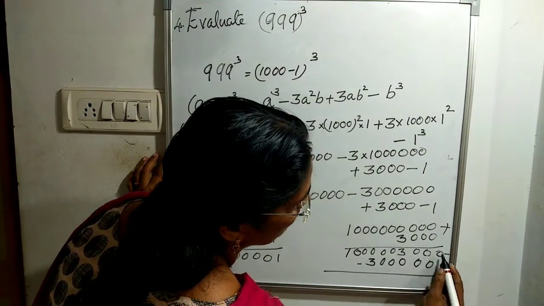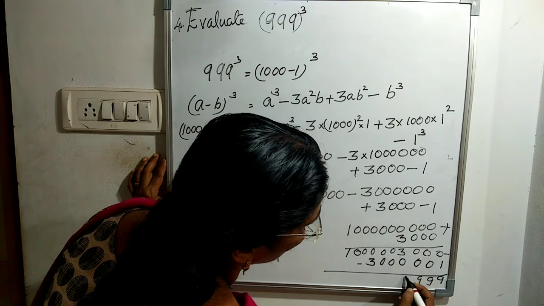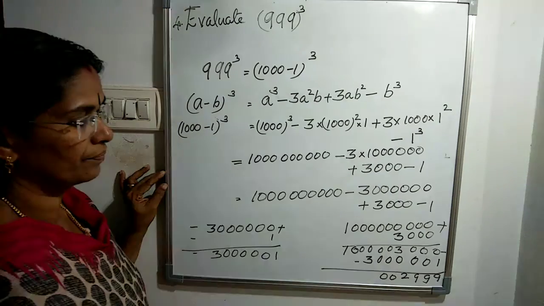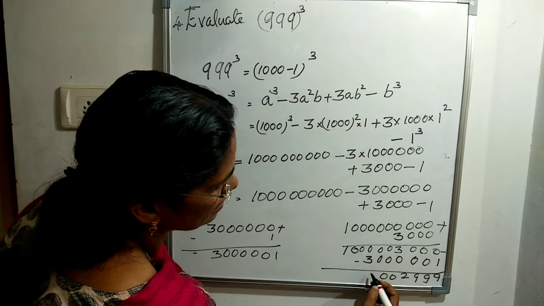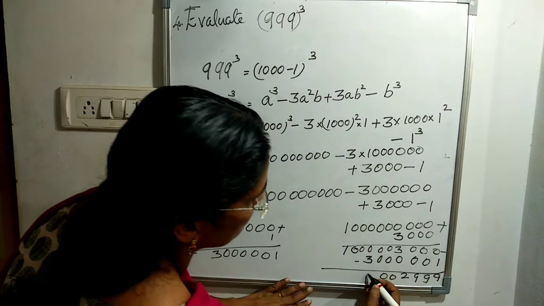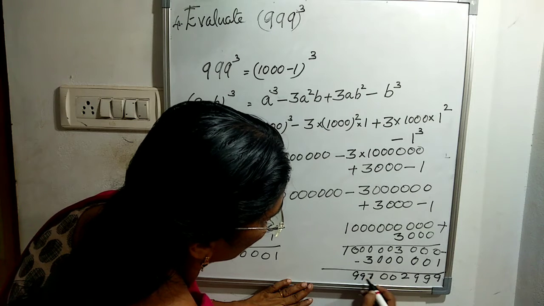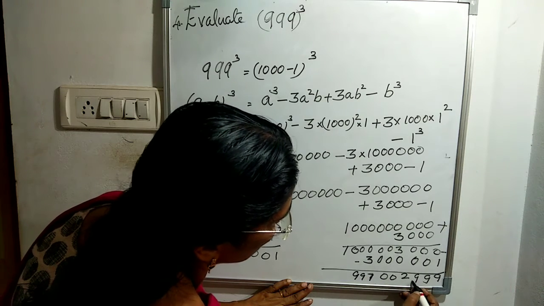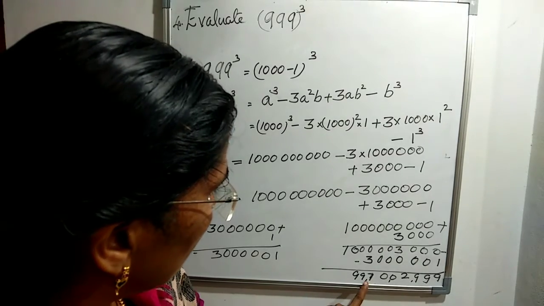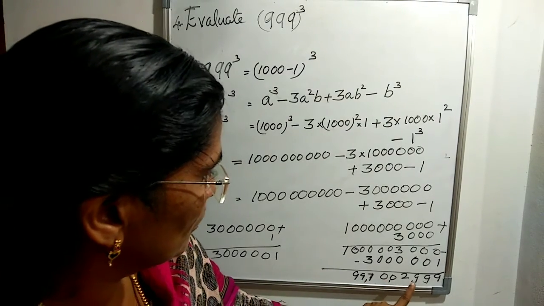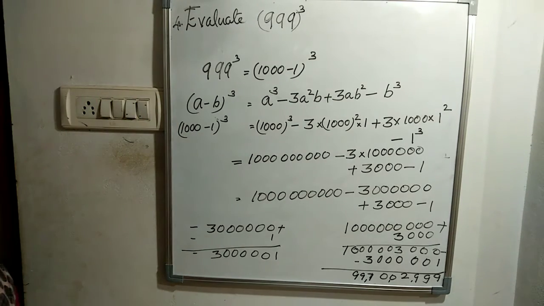So it is 10 minus 1 is 9, 9, 9. Here it becomes 2, 0, 0. Okay, subtract, then 10 minus 3 is equal to 7. It is 9. Here it is 9. So the answer is this much. So we can read it as 99 crore 70 lakh 2999. So the last answer we can write this.